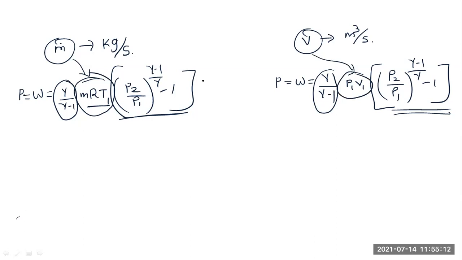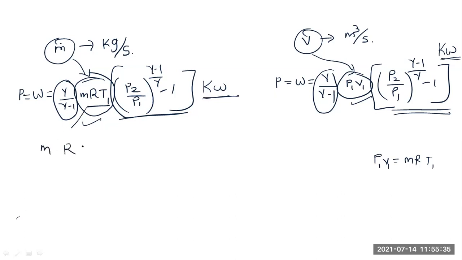Okay, so here also the unit we will get kilowatt. Here also the unit we are going to get kilowatt. Why? Because ideal gas equation is P1 V1 equal to mRT1. This part is exactly similar to this part. If everything will remain same, then unit will also remain same. Now I will tell you how these two parts are similar.